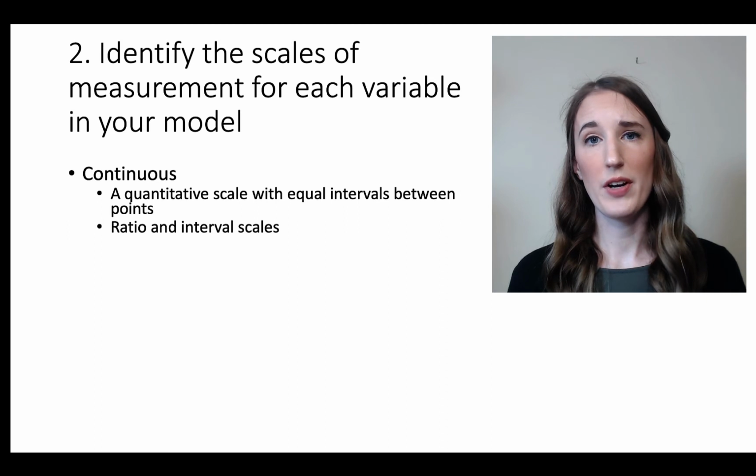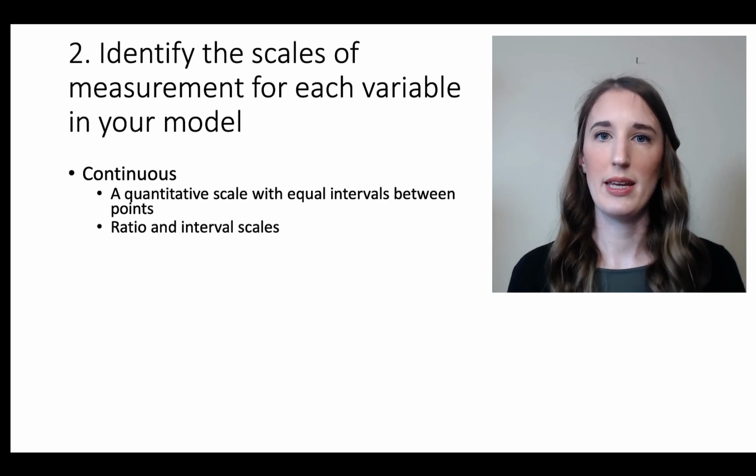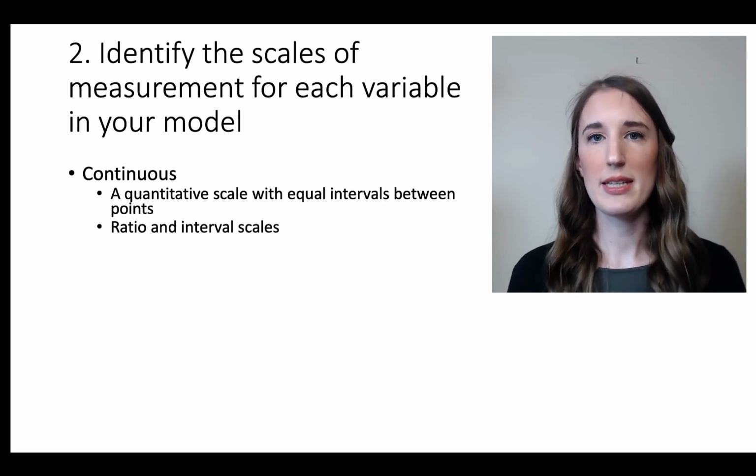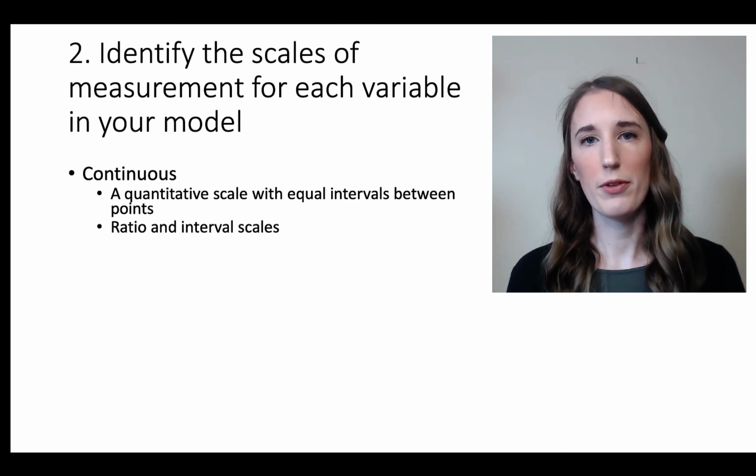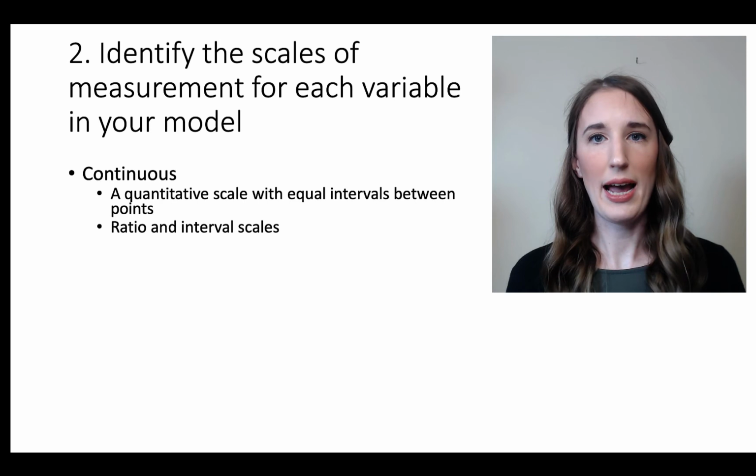Examples of continuous variables are things like age, reaction times, symptoms on a continuous scale, and oftentimes we can treat Likert-type scales as approximately continuous. Likert-type scales are the scales where you ask someone, for example, to agree or strongly disagree with an item on a scale from 1 to 7. When we have multiple Likert-type items that we average together to form a composite, we can usually treat it as